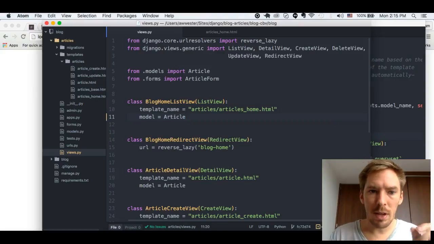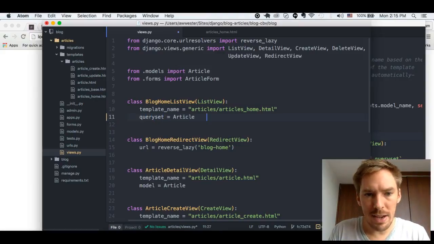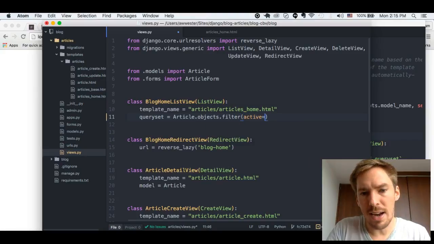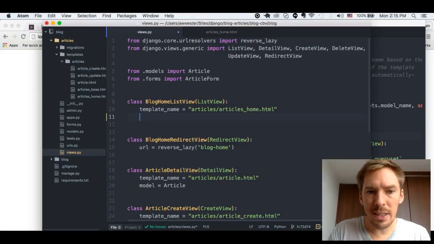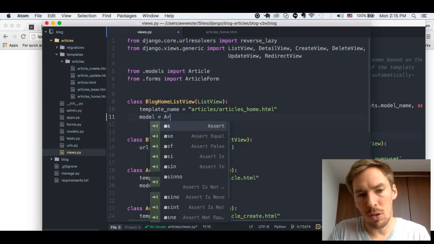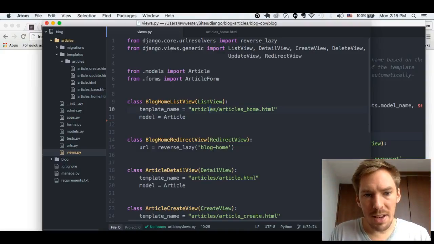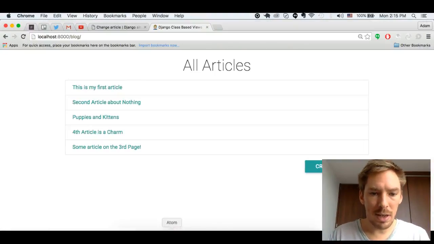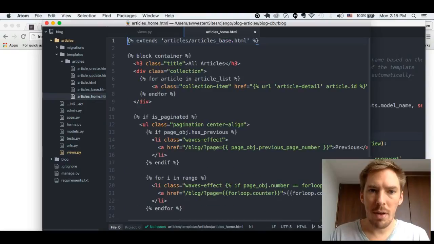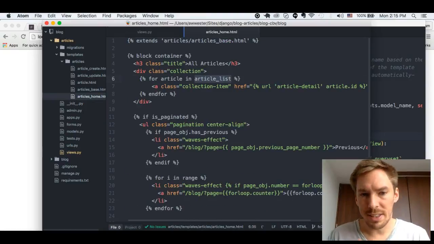by default. If not, we can set a query set here. We can do queryset = article.objects.filter(active=True). We can do something like that as well, but in this case, we're just going to do all, the default, and then we're setting the template name, and then it just works magically. It puts all this out here with this article list,